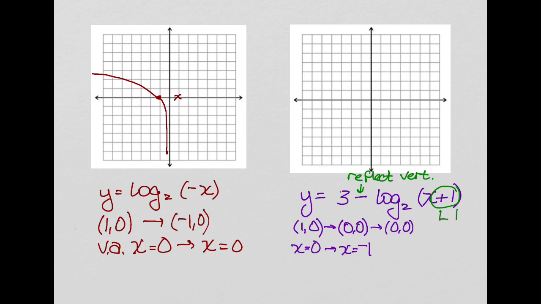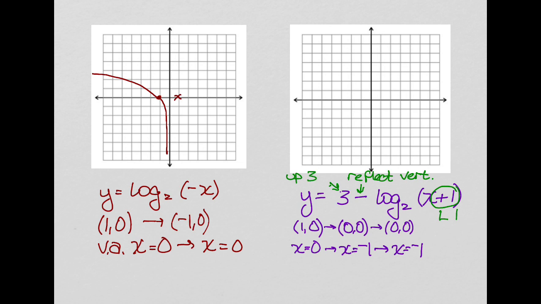My vertical asymptote, x equals -1, a vertical line, if I reflect it vertically, that's not going to do anything to it. Doesn't change. So I just have to remember when I draw it that I'm going up along the asymptote instead of down. And finally, might be the first thing you notice, but it's the last thing we do, the +3 on the outside of the function that's added. That's a vertical shift